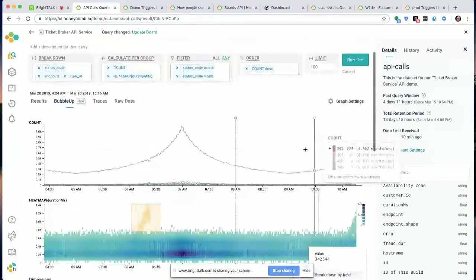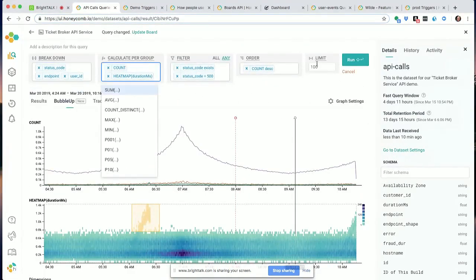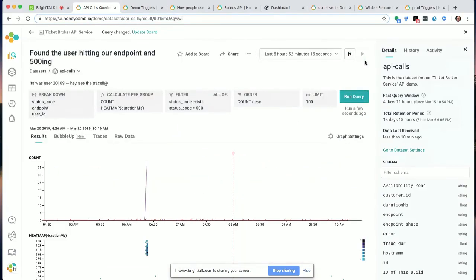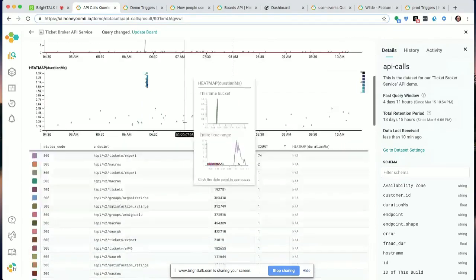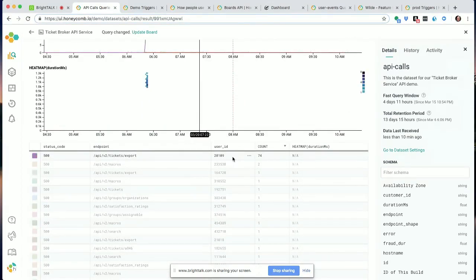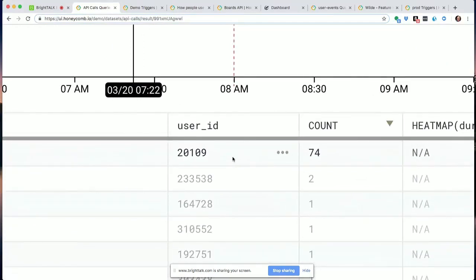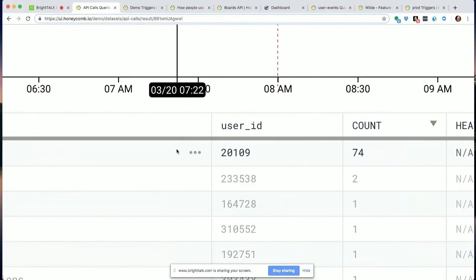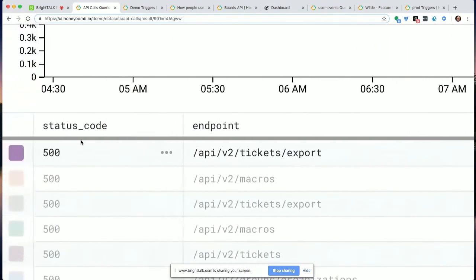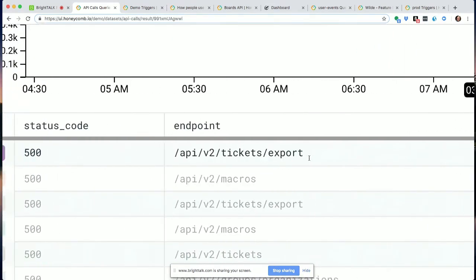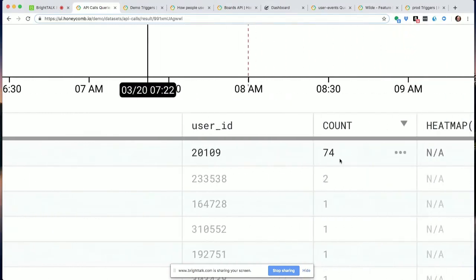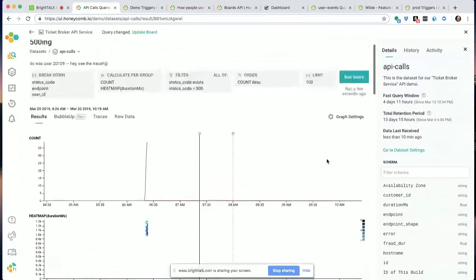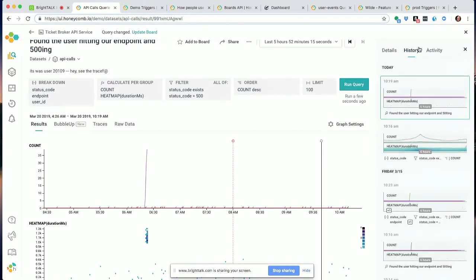And what I've basically done is constructed a query right here, which is of a high granularity. So I'm going to click Run, and instantaneously, I've almost pinpointed the source of the problem. If we look here down on the chart below, we can see user 20109 is getting HTTP 500 status code errors on the ticketing export endpoint, and it's way more than everyone else. So that's not good, right? But at least we found it. What could I do right now? Maybe I have my customer service group reach out to that person,